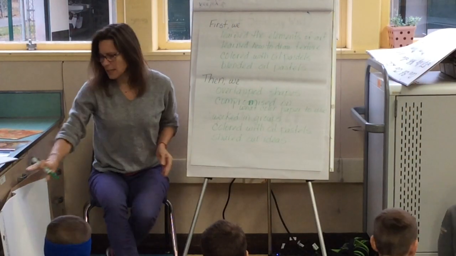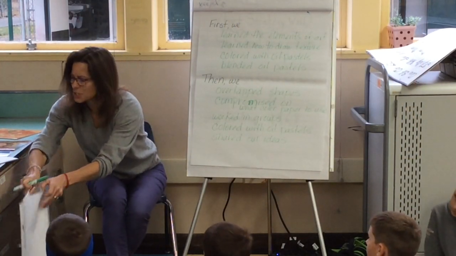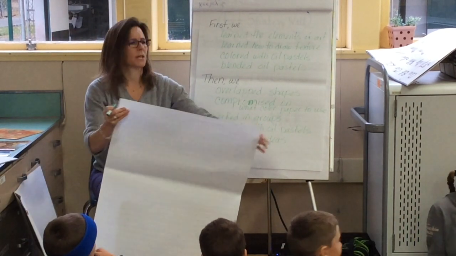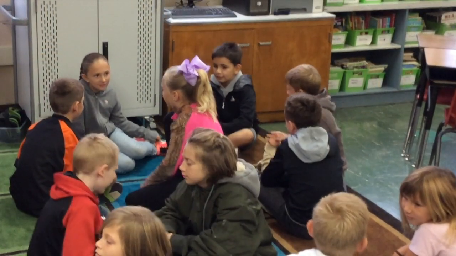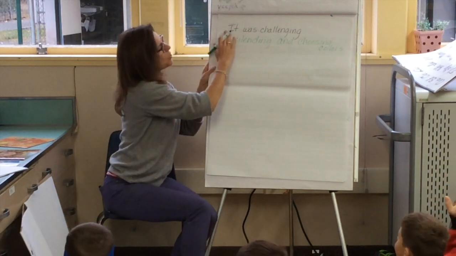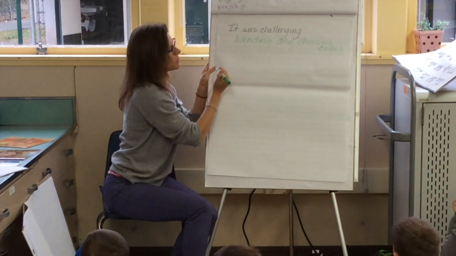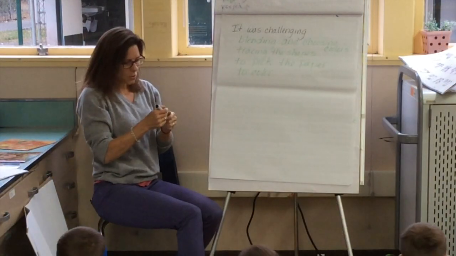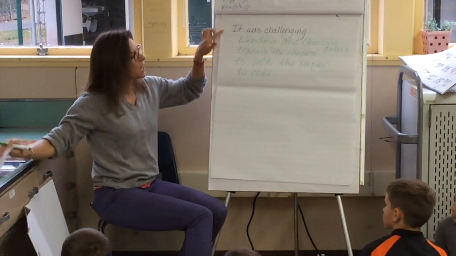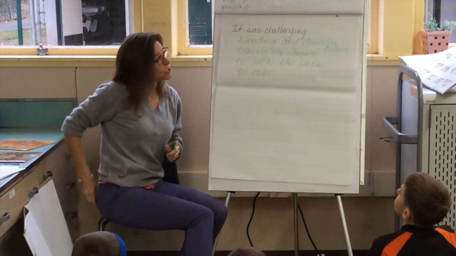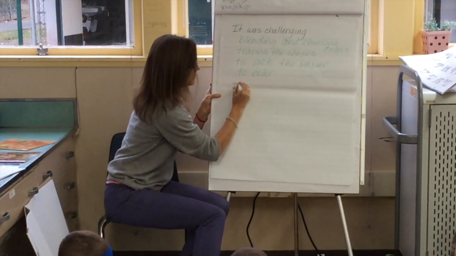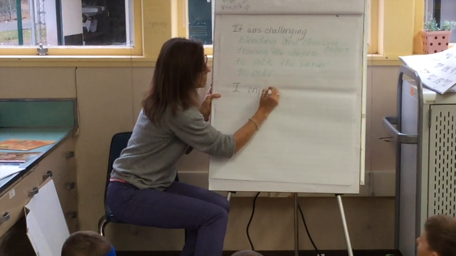Okay. So the next thing I want you to think about is, what was challenging about this activity? Turn to somebody next to you and talk about what was challenging about this activity. What was challenging? Tracing the shapes. Can you use the whole sentence frame? It was challenging tracing the shapes. Okay. So if you have more ideas, you can certainly write them when it's your turn to write. You can talk about what was challenging, or you can choose to talk about what you enjoyed. So the other option you have is to talk about, I enjoyed.